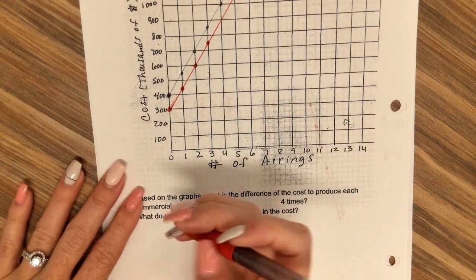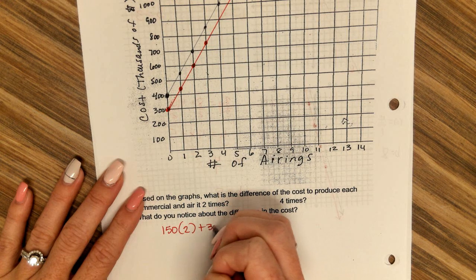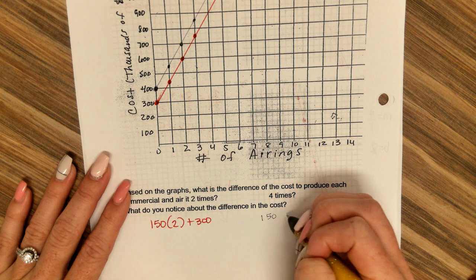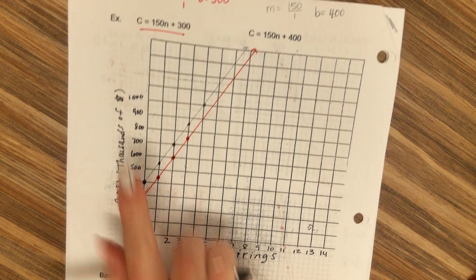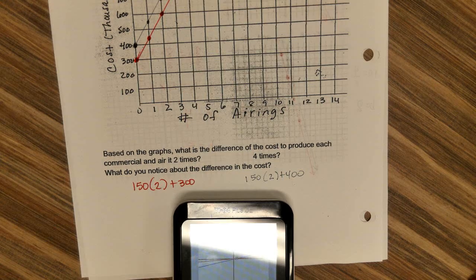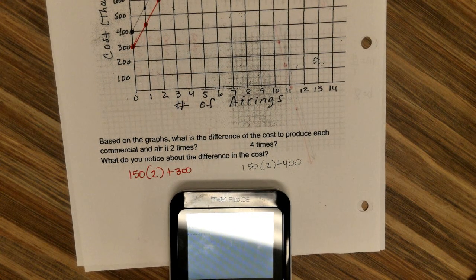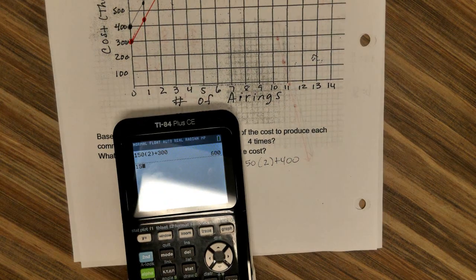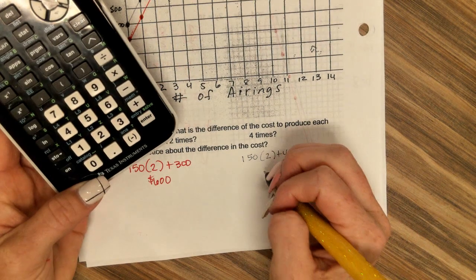So for this one, I would say 150 times 2 plus 300, and then I'm going to compare that to 150 times 2 plus 400. I basically plug 2 in for each equation. I'm going to solve it, and I'm going to see what the difference is. So this one is $600. And this one is $700. So what is